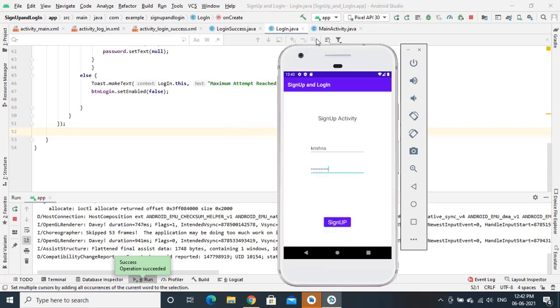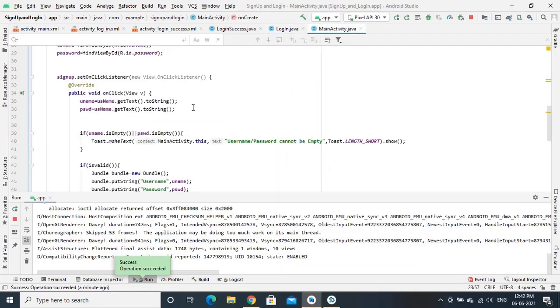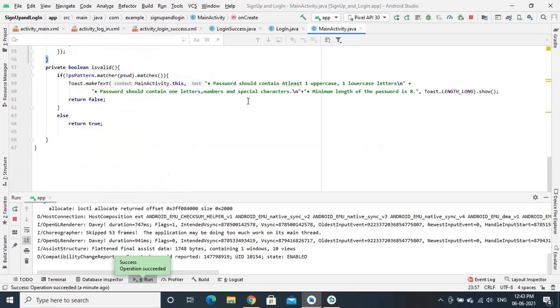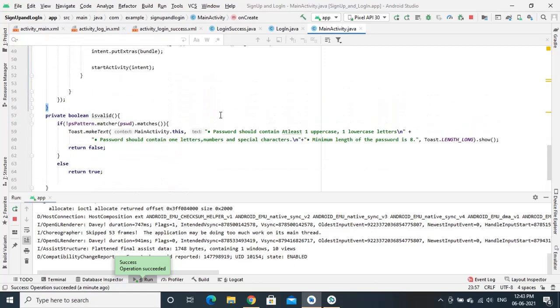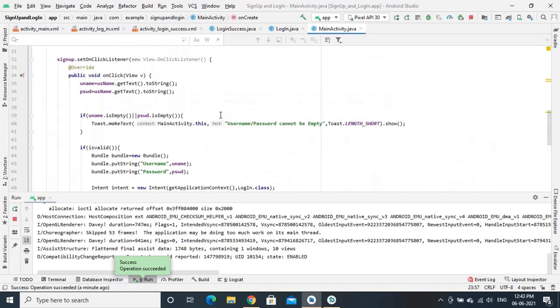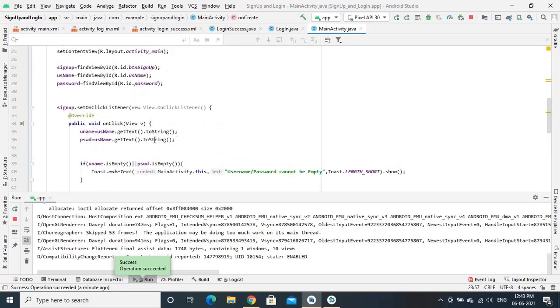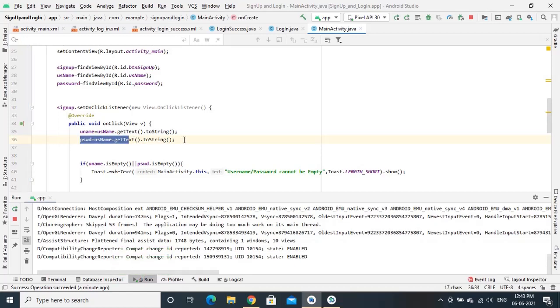So I think we have made some logical error here. We will see what exactly we have done. We have to see in the MainActivity.java, because it is the page where we have implemented the sign up activity. Okay, so here is the logical error. While making copy paste, I have made a mistake.